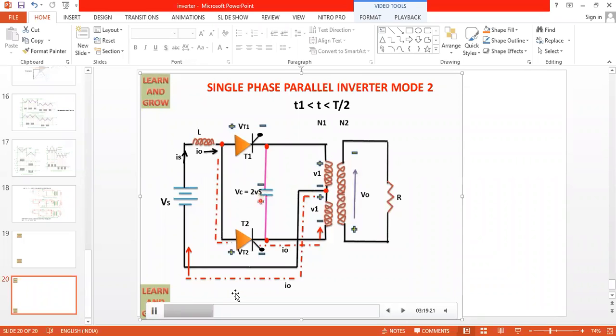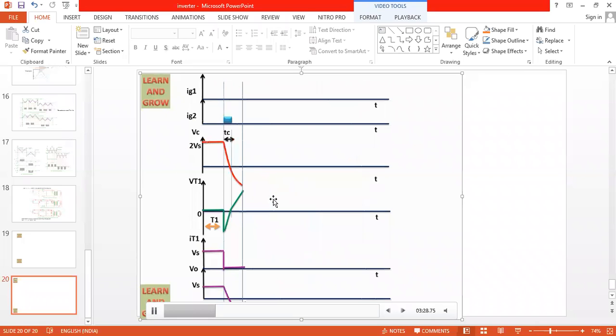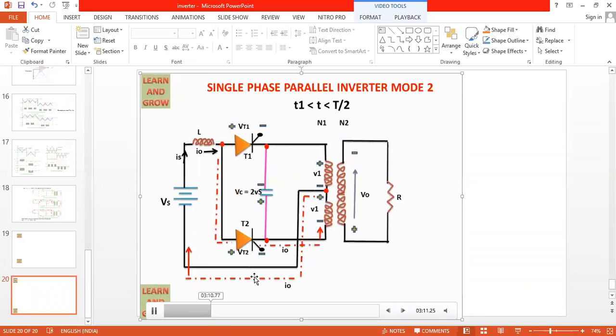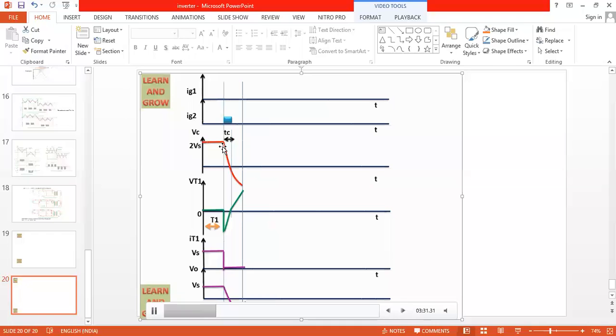Now, the capacitor is recharging with opposite polarity. That means it is storing the energy in the opposite direction, right? Now you see the waveform. As I mentioned, once again, we have to generate the AC current. So in mode 3, what happens when SCR T2 is on? Current is flowing in the opposite direction. The capacitor is charging in the opposite direction. Therefore, what is the current flowing through the load? The current flowing through the load is also in the opposite direction. Now you can see initially we have seen that waveform.